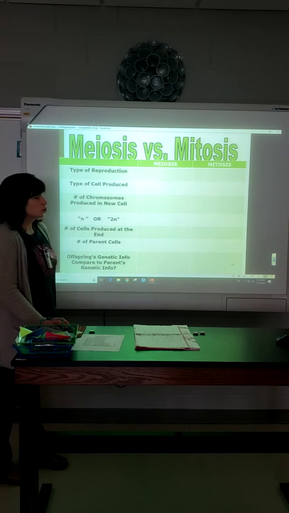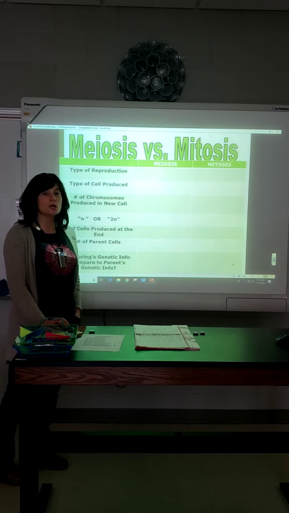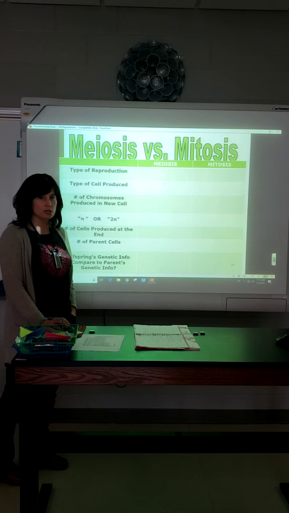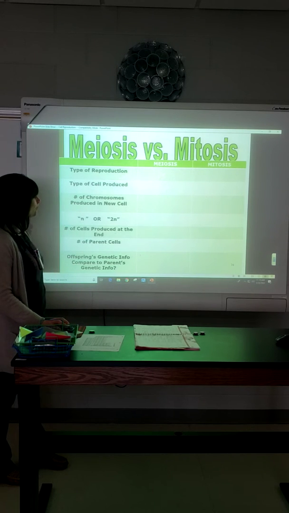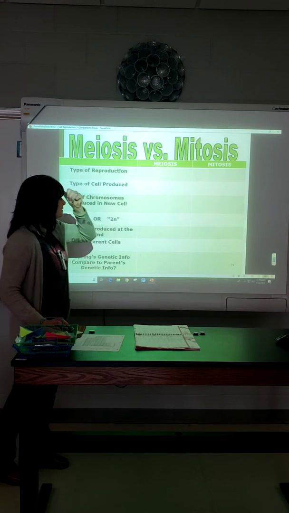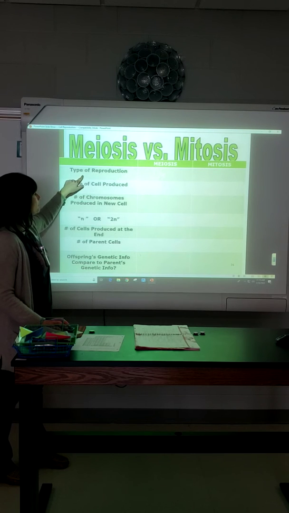Okay, put a big old star by slide number 31. You are going to need to know this. This chart is going to be very helpful to you. It organizes everything nicely. So, with meiosis and mitosis, all right, so the type of reproduction,